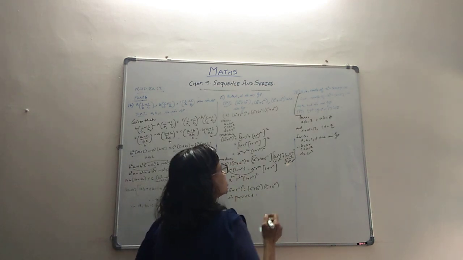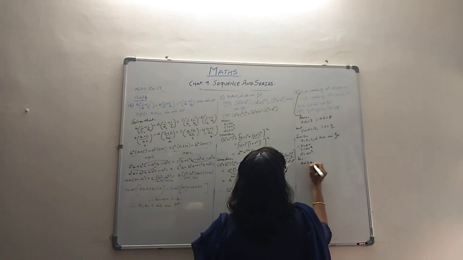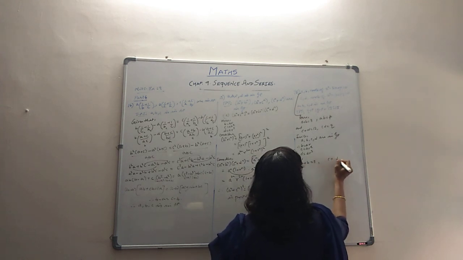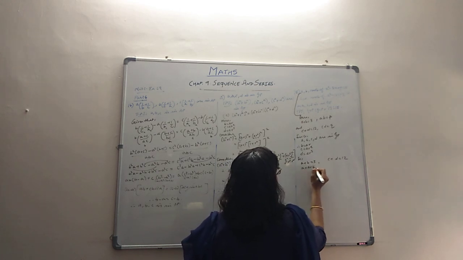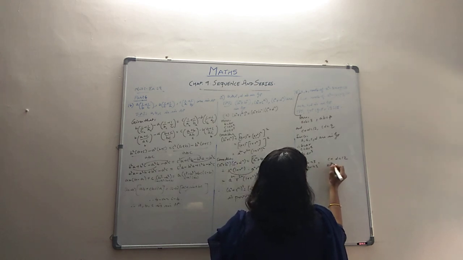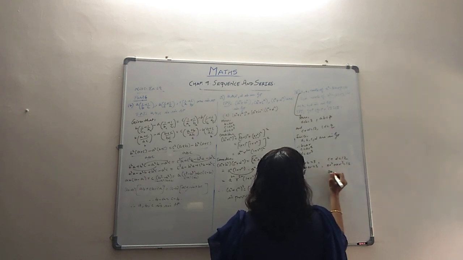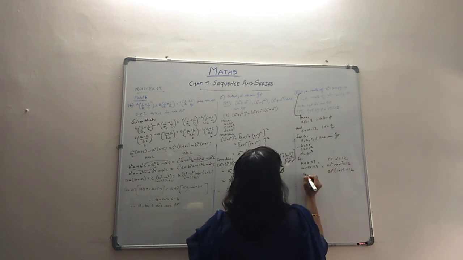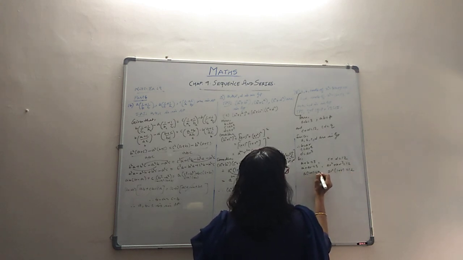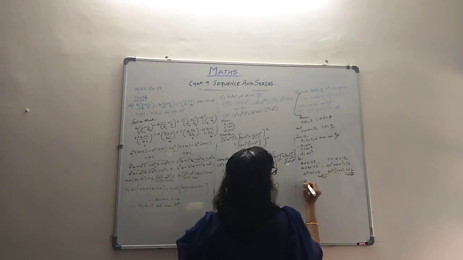Probably it will work. So A plus B is 3 and C plus D is 12. Let's see how that goes. B becomes AR, so that's 3. C becomes AR squared and D is AR cubed, that's 12. You can have the AR squared common, so here we have 1 plus R left, equal to 12. Here A is common, 1 plus R equal to 3. Let's call these equations 1 and 2.